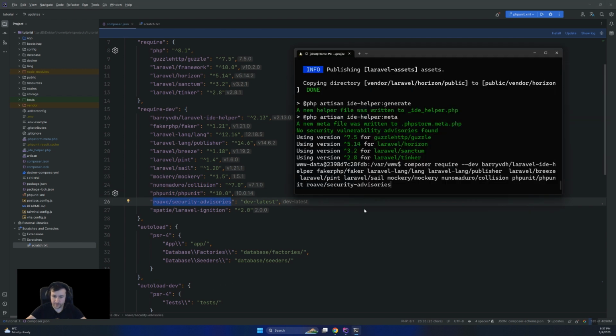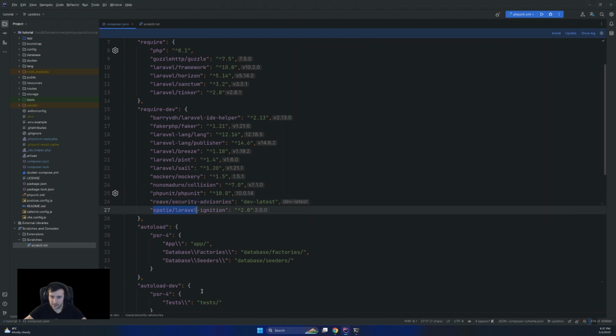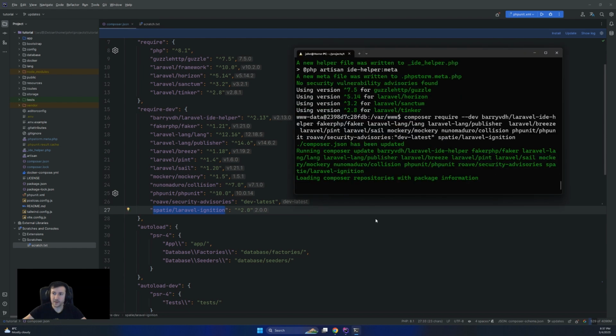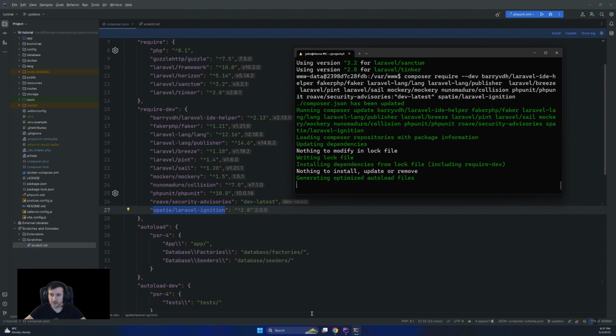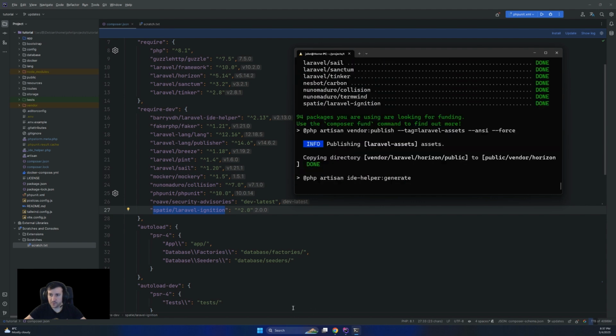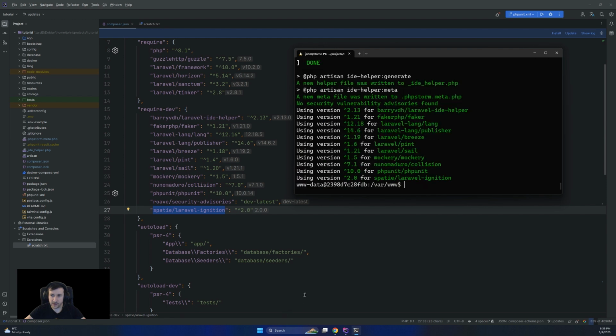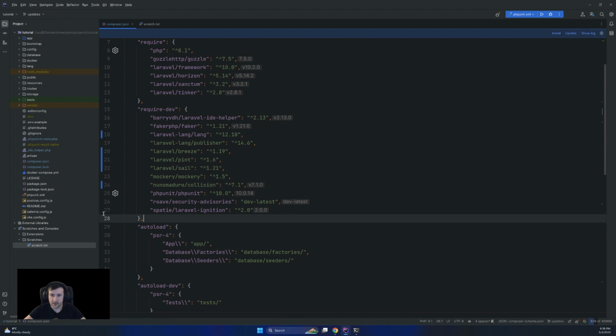So it will be this one, I want dev-latest version, and Spatie Laravel Ignition any version. So like this in the require-dev, and hopefully now we have some package changes because I want to see how it actually will be. Yes, we have some packages changed.